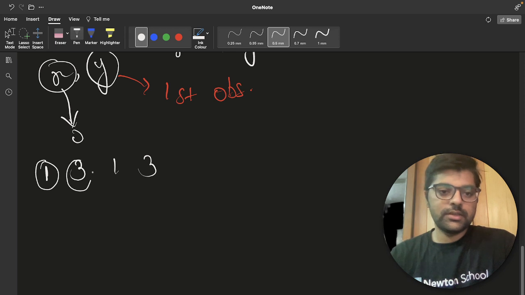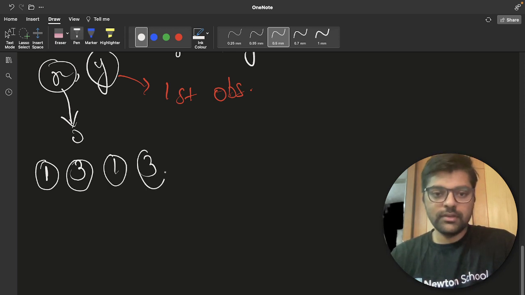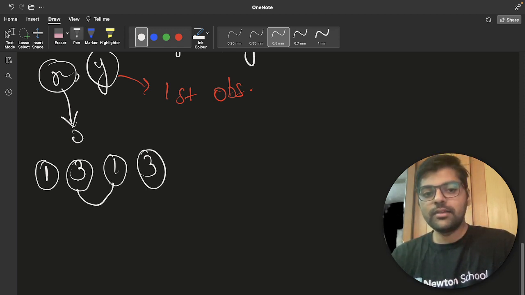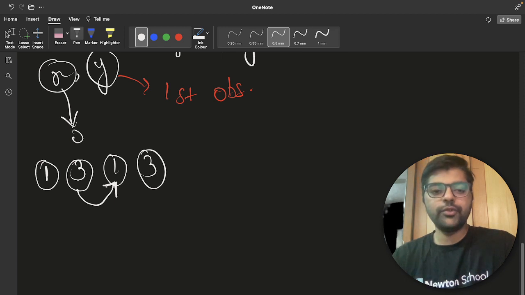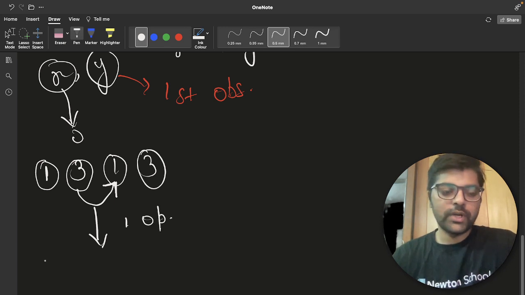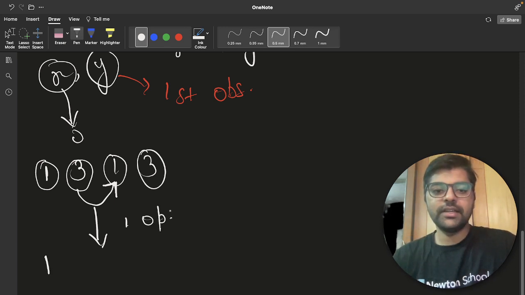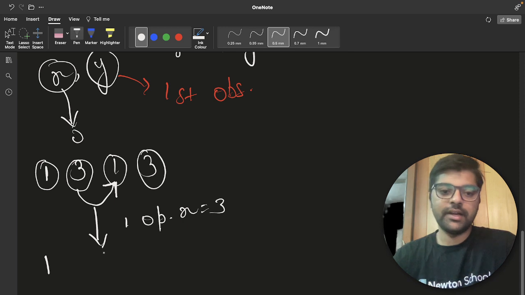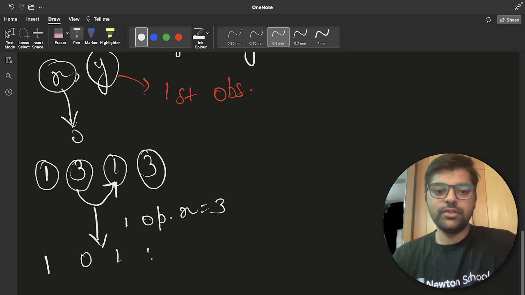1, 3, 1, 3. I saw that 3 is greater than 1, so I have to forcibly make 3 as 0. So in one operation, I select x equal to 3 and make it 0 everywhere.